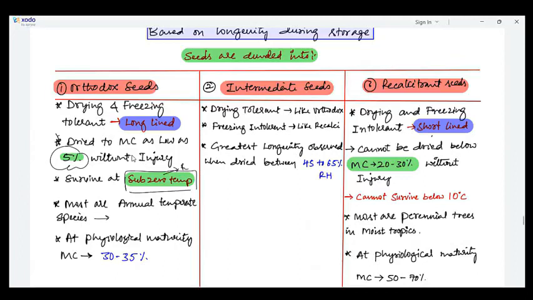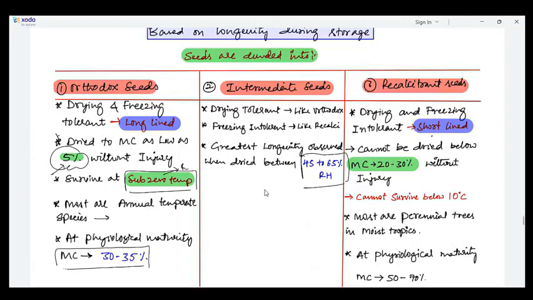At physiological maturity, the moisture content of these orthodox seeds will be 30 to 35%. This moisture content can be lowered by seed drying, down to 5%. It is observed that intermediate seeds show the greatest longevity when they are dried between 45 to 65% relative humidity conditions. Talking about the recalcitrant,